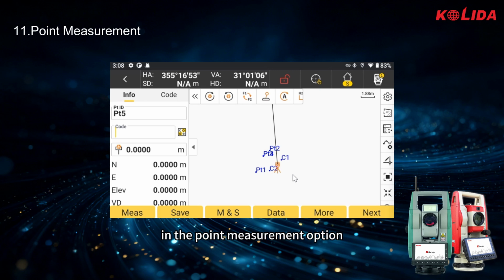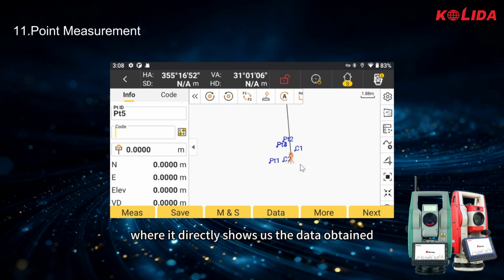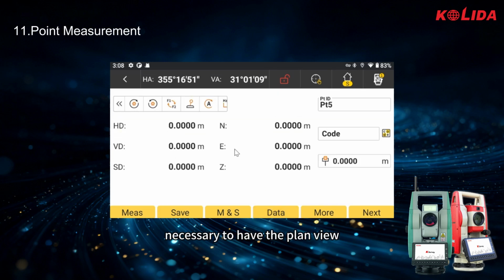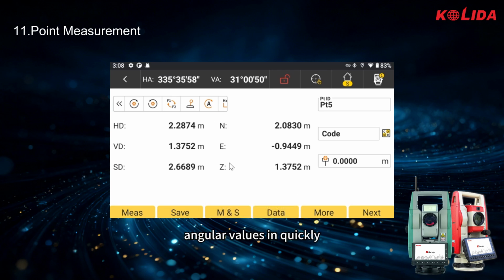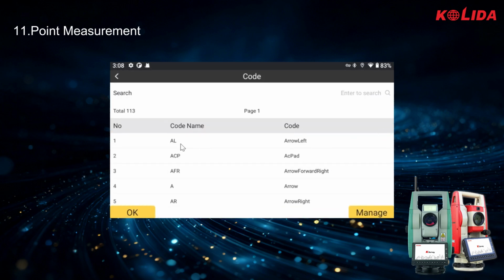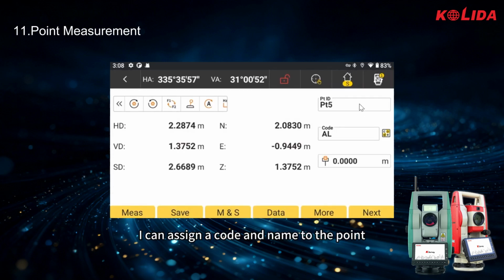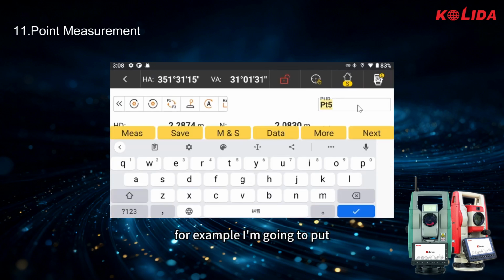In the point measurement option, we also have an interface where it directly shows us the data obtained, in those cases where it is not necessary to have the plan view. We can perform the measurement and directly have the distances, coordinates, and angular values quickly. I can assign a code and name to the point. For example, I'm going to put